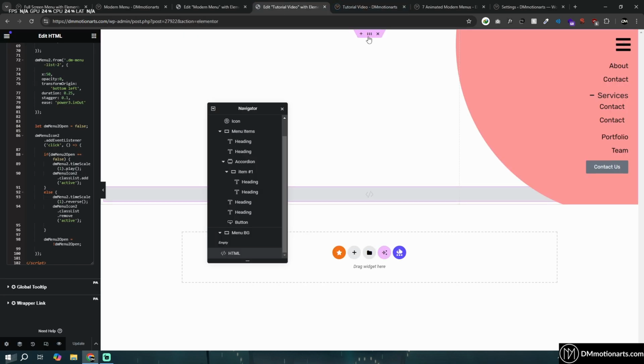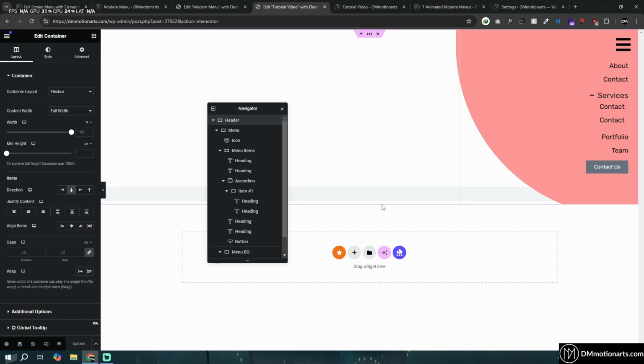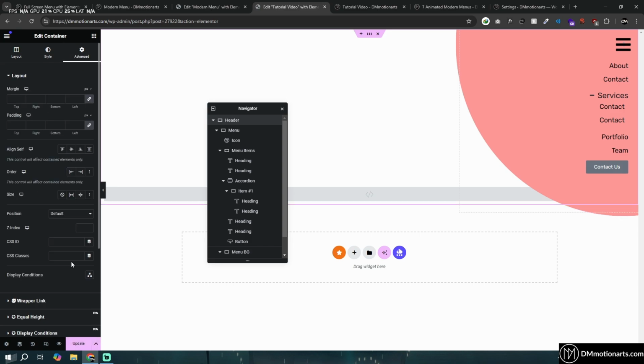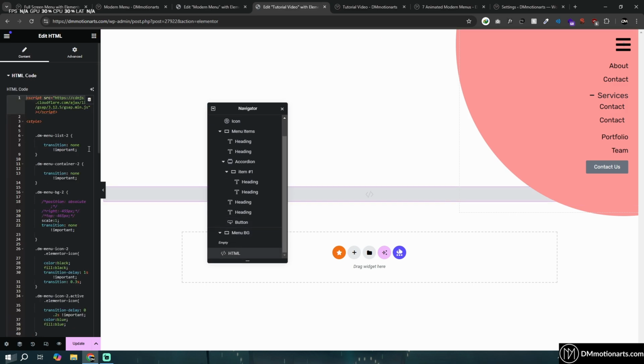So the color did change, but this is looking weird, right? The reason why it's happening is because this is how big our container is and it is not looking perfectly. So what we can do, instead of using overflow hidden, let's add a container name, you can call it anything. So DM header overflow, go to a HTML